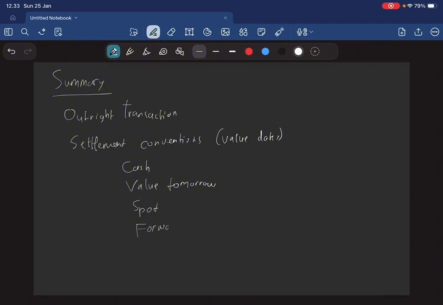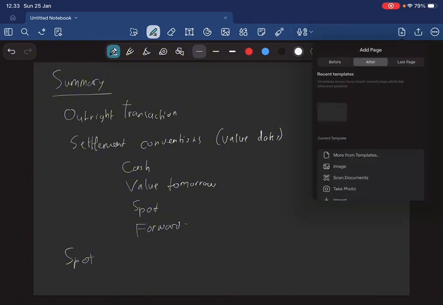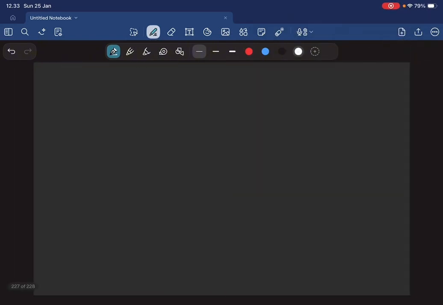And also forward. Forward is usually any day after spot. Spot is used as the benchmark price representing the underlying value of the currency. Unless otherwise specified, a quoted exchange rate is assumed to be the spot rate. Next, settlement risk. There is a settlement risk in FX transactions because the deal involves two separate settlements, one in each country, which do not take place simultaneously.